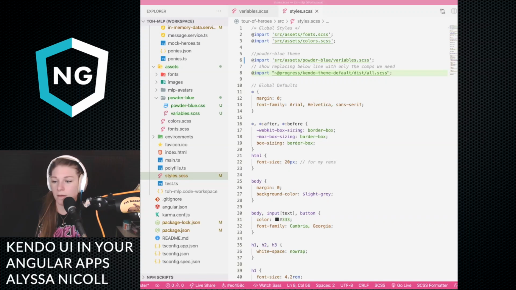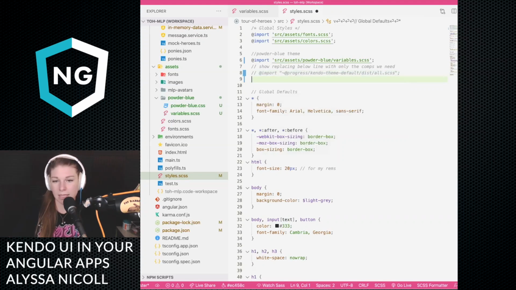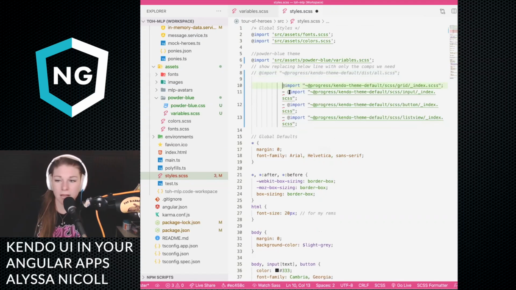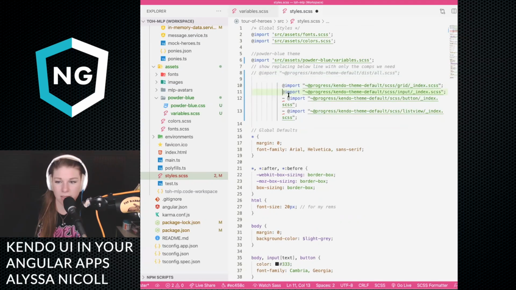I am trying to find, there they are. So really what you would want to see, instead of having this all import, is something like this, where you're importing only the grid, or only inputs, buttons, and the list view, right?